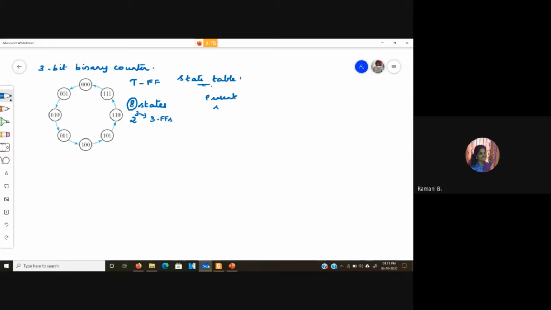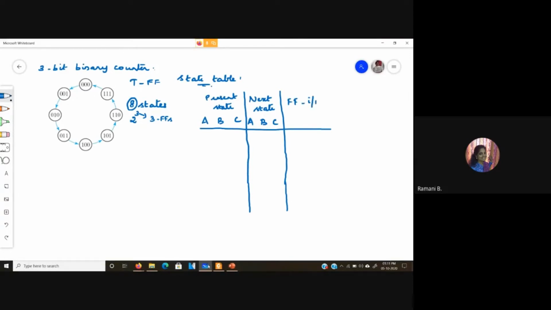First let us write the state table. The present states, let us write as A, B and C, and the next state A, B and C. Now we are going to design this using T flip-flops, so we need to find the flip-flop input equations.